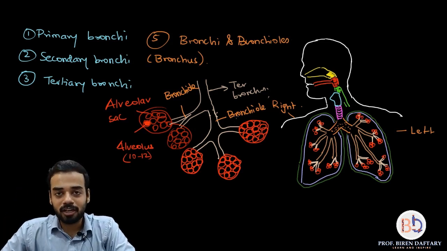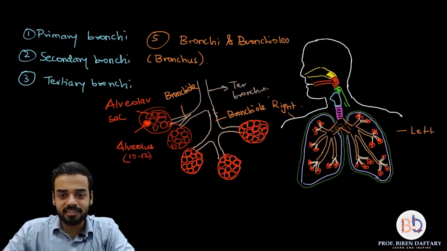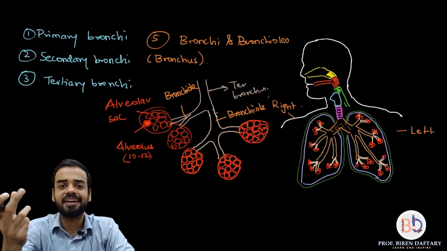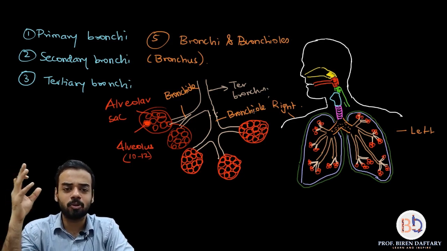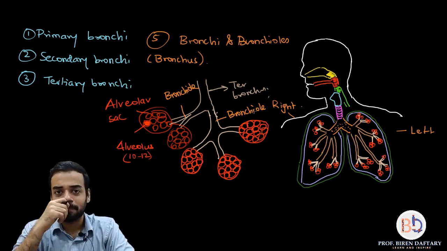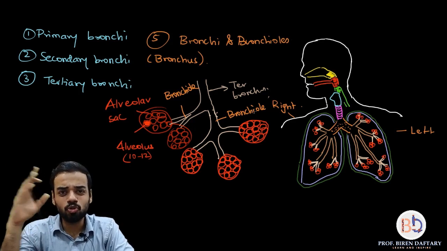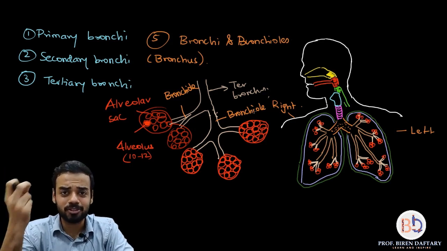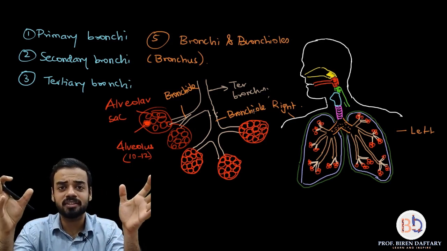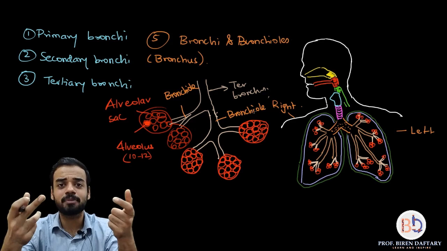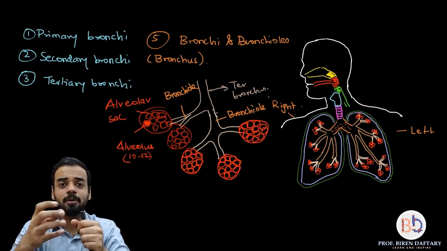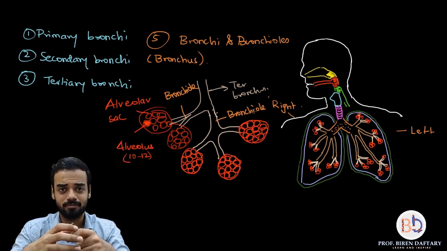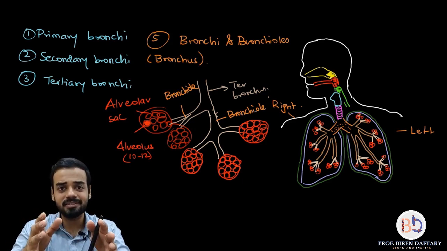About alveoli, what I wanted to say is each alveolus is very, very spongy and elastic, and each alveolar sac is made up of about 10 to 12 alveoli. In total there are millions of alveoli present in the lungs, obviously because of the size, and they are spread throughout the lungs. When you breathe in and breathe out, these are like balloons: they expand, they inflate, they deflate, they contract. Is this clear?